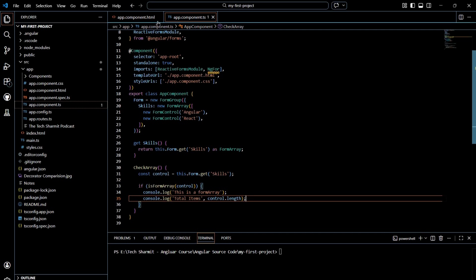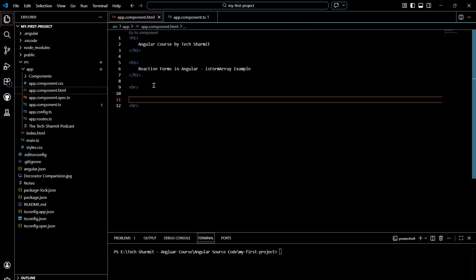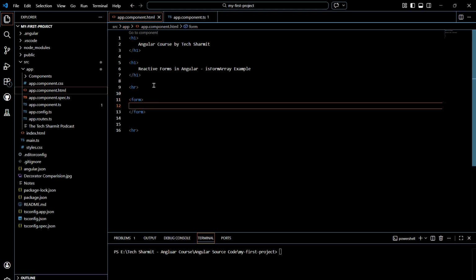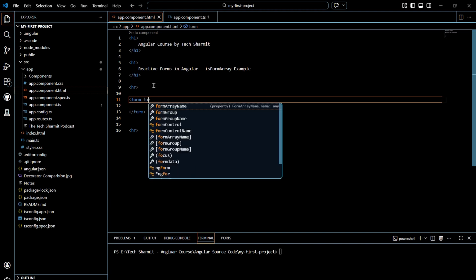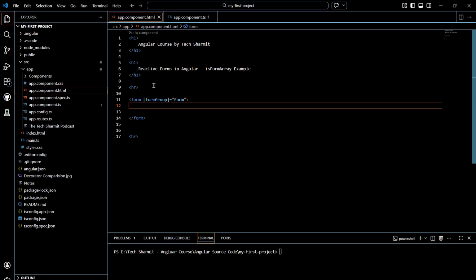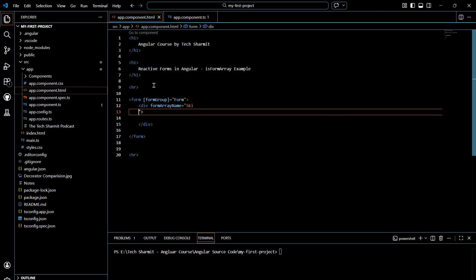Now we just need to use it inside the HTML. So for that we will go here and we will define our first form. So I will write here form, then we will write here formGroup. Form group name is form itself. Always make sure to provide meaningful names. This is just a demo, that's why I'm using it. Otherwise I would have put something in a better way. So here I will write div formArrayName equal skills,